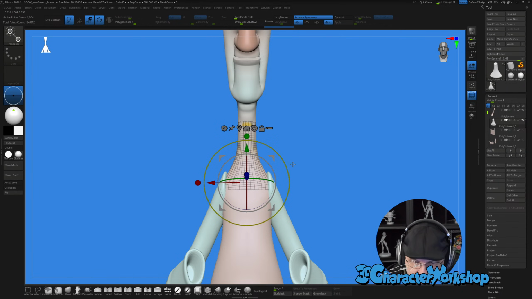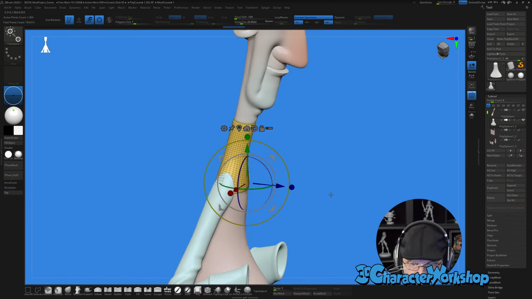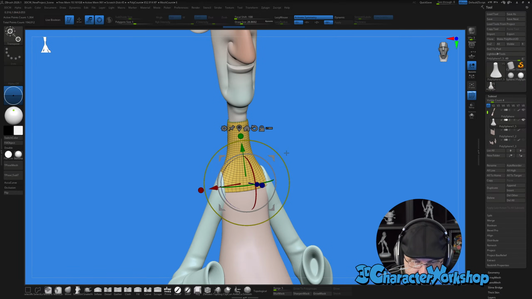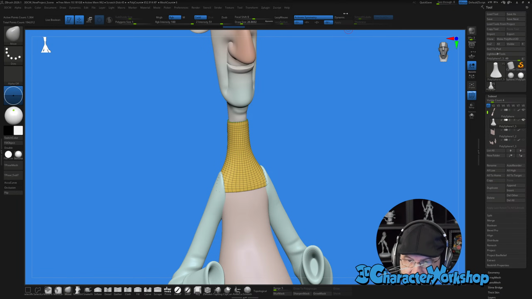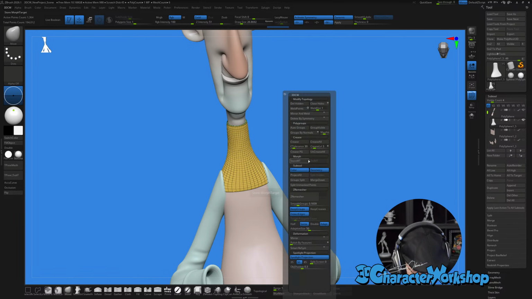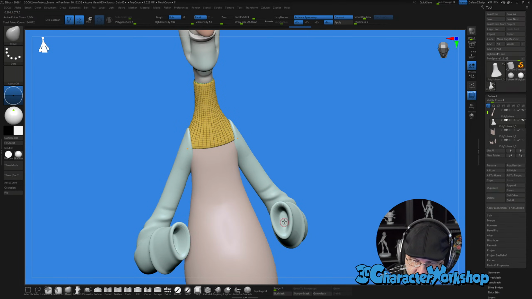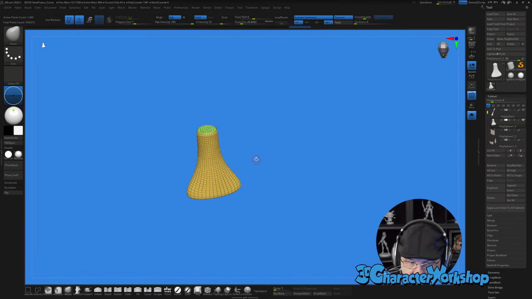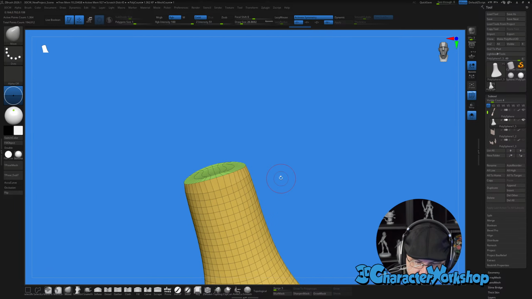Okay, we're gonna go Alt, no, it's Control, inflate. I'm gonna put crease level at 3, subdivisions at 4. I think I'm gonna undo the creasing, uncrease. And I'm gonna do the same thing with the neck that I did with the sleeves. And we're gonna do the extrusion tricks.